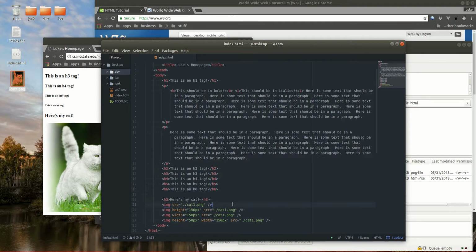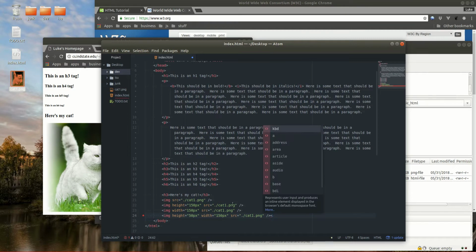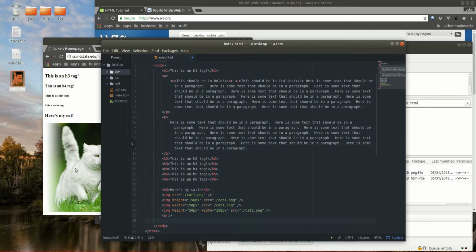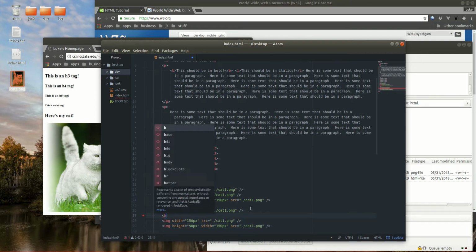Now, again, notice it added these horizontally. If we want to add another one vertically, you add the BR tag. It has no children, and it stands for break, and that basically causes everything to render on a new line. So if I add these three images again under the BR tag, and I put BR tags after each one,